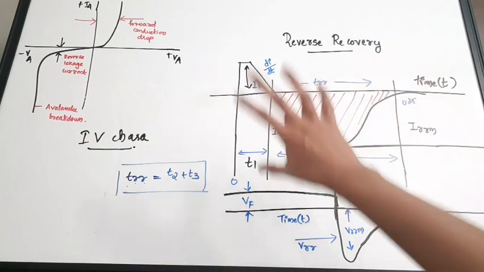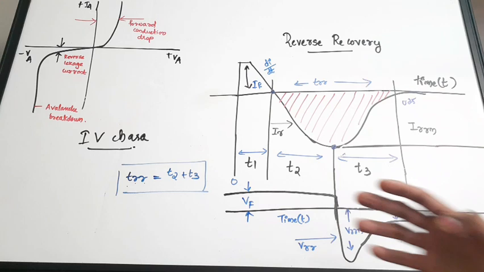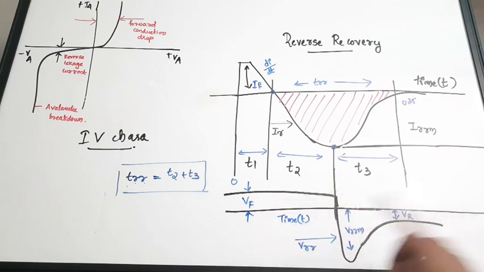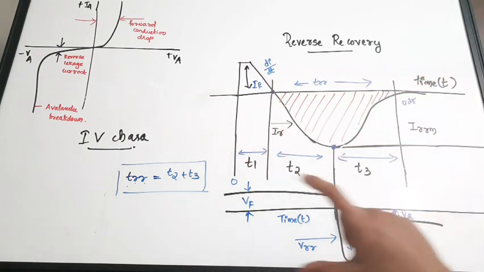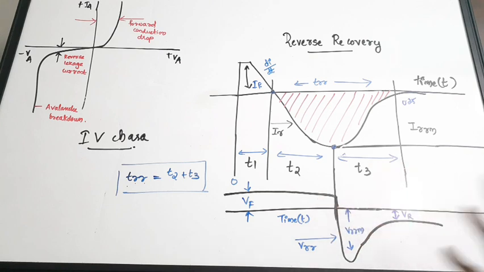And you can see that this is the current curve, and the corresponding voltage changes are like this. The voltage is forward, then it goes to a negative peak value, and then it comes back. The most important part is the current part. The voltage is just for showing what is happening to the voltage at these particular points. We have discussed the reverse recovery, and also the forward IV curve. The IV curve is just like that of a normal diode, and the most important part is the reverse recovery.